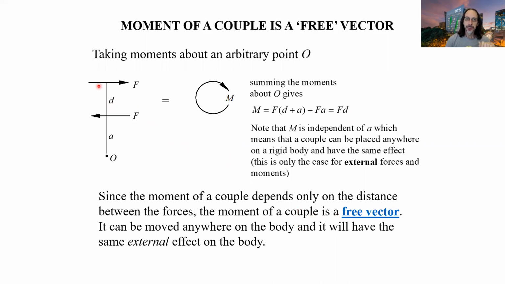Now that vector is actually out of the page, or in this case, because we've got a clockwise moment, will be into the page. Nevertheless, it's a free vector. Okay, we can put our couple anywhere we like, and it will have the same effect. So another way of thinking about this, taking an arbitrary point here, is if I get my pen,